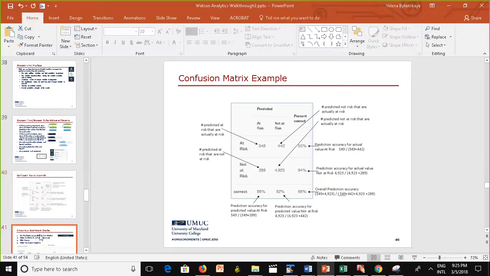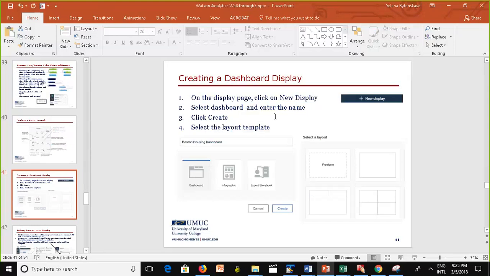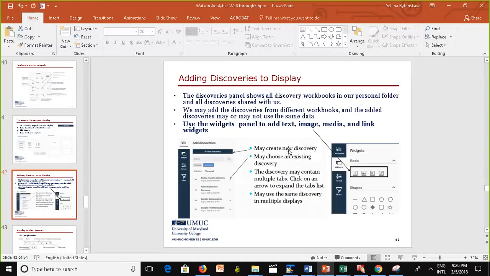Here, I'm just showing you how to create a display. In the next class, we're going to look at infographics and storybooks in addition to dashboard. But for today, we just focus on the dashboard, and I put just some things for here. These are the widgets that are available, and